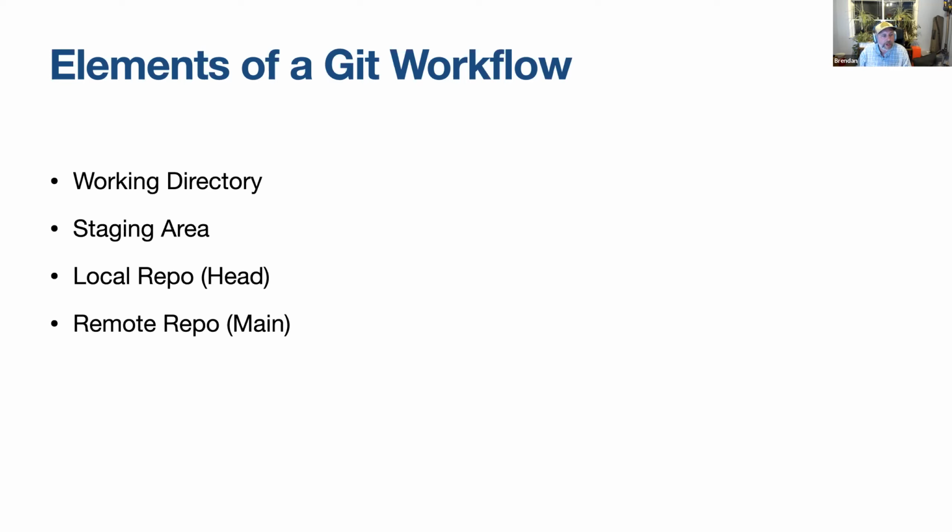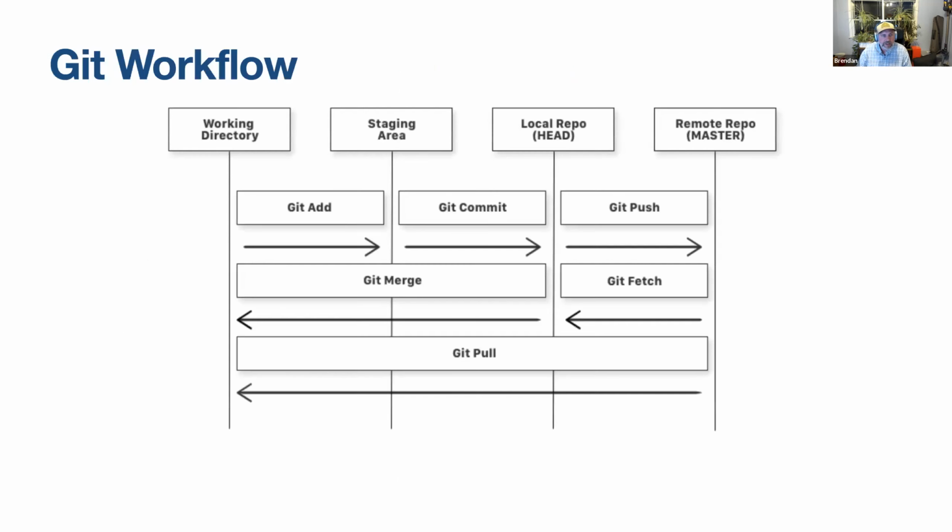So one thing I just want to mention here is that sometimes the local repos are referred to as the head, and the remote repo is referred to as main. On my next slide, you'll see that the remote repo is referred to as master, which is what they used to call the remote repo, but Microsoft made the decision to move away from that idea of there being a slave and a master and everything like that. So they decided to just call it main.